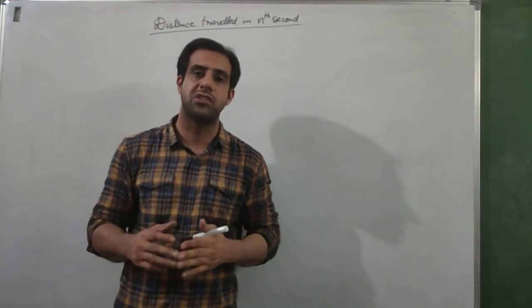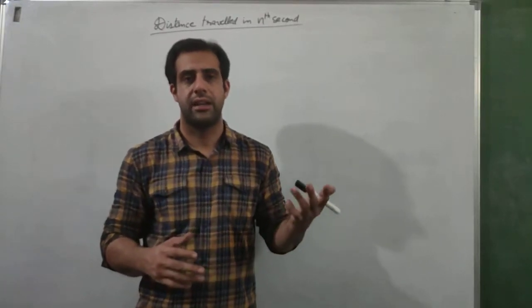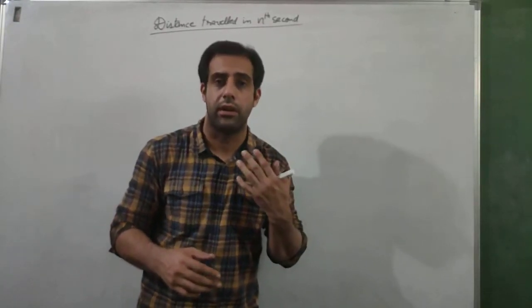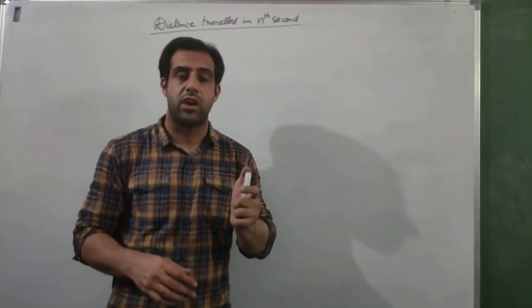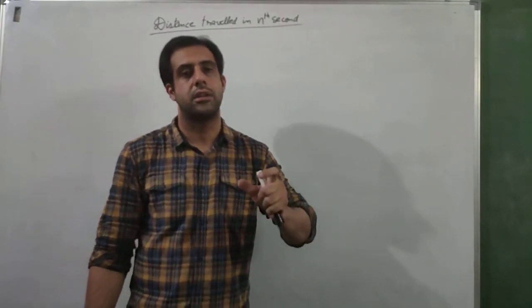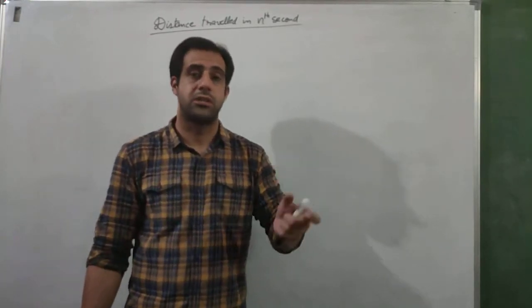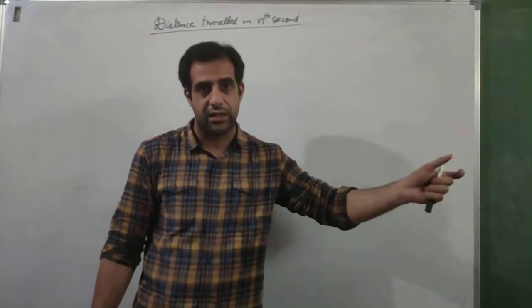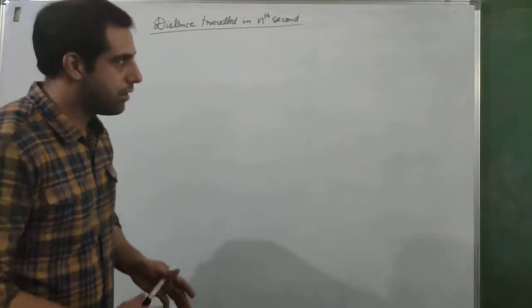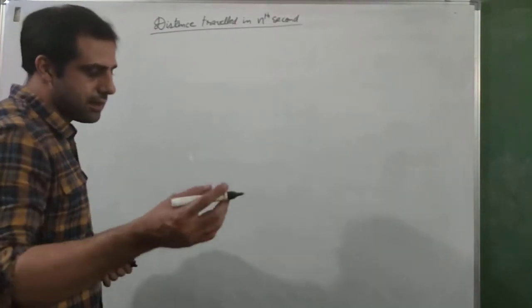You can find out the distance traveled in 5 seconds, 10 seconds, distance traveled in 1 hour, distance traveled in 24 hours. But this formula will give us the distance traveled in the 5th second, distance traveled in the first hour, distance traveled at the 25th second. At a particular second of the entire journey, what will be the distance traveled? Now to understand this, let us take an example.